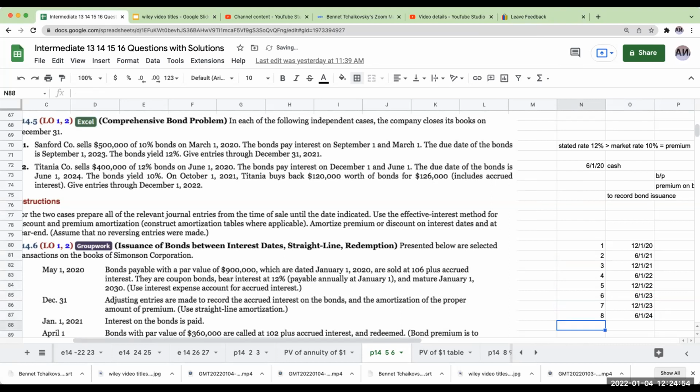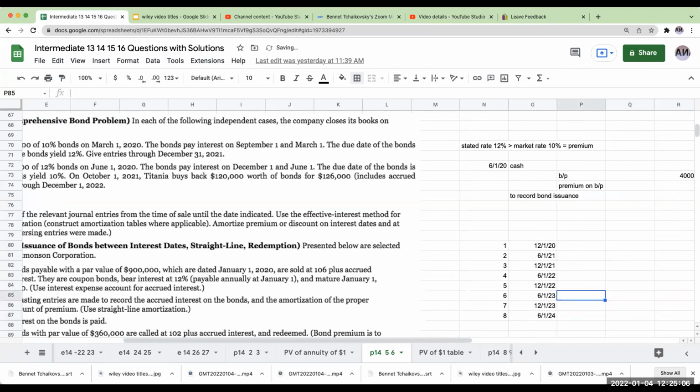Again, I really recommend to you, when you have questions like this, to do the documentation and write it out, especially if you have Excel, and you'll have Excel for your exams, or at least for your CPA exam, maybe not my exam, but you will have it for the CPA exam. Okay, so the thing we want to go through and do here is